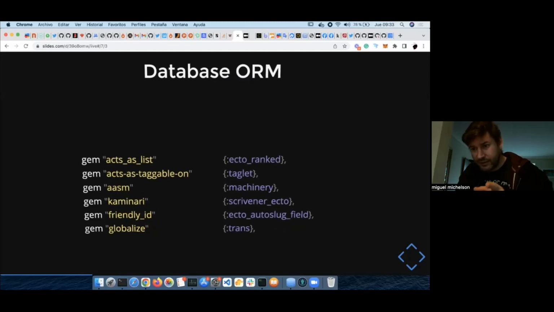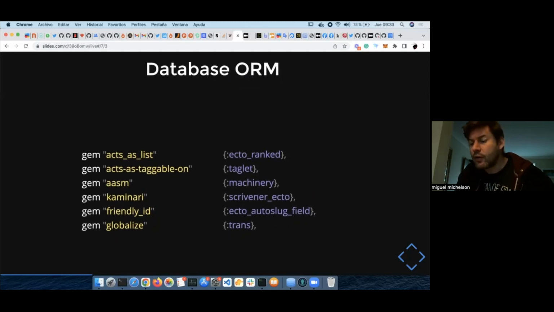In the database ORM, we have a lot of extensions of the behavior of the models, like acts as list, acts as taggable, state machine, pagination, friendly ID, which is like sluggable records, and Globalize, which translates one record into multiple language versions.